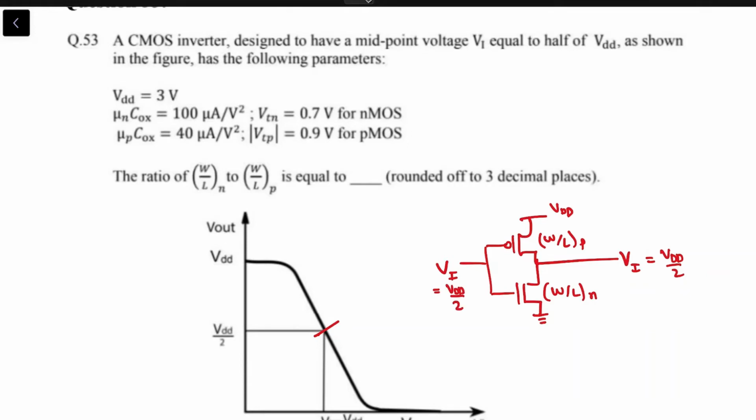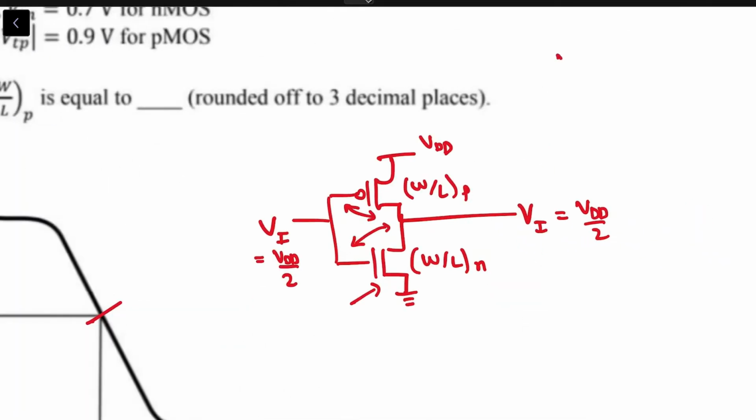We are simply asked to find what the ratio of W by Ln to W by Lp is. Now, for both these transistors, Vd is equal to Vg, that is for the NMOS and the PMOS. This is by definition of the midpoint voltage. These are the drains of both of them, and these are the gates of both of them, and both are at the same voltage. Of course, this means that for the NMOS, Vd is now greater than Vg minus Vtn, and for the PMOS, Vd is now less than Vg plus mod Vtp,